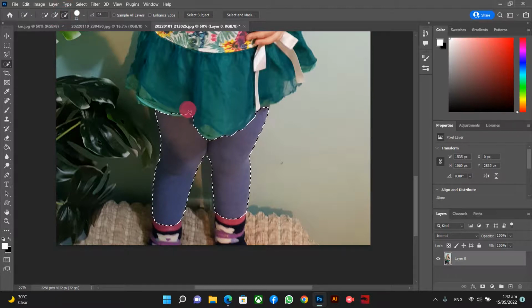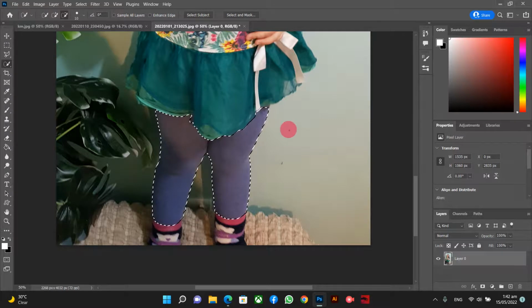Minus sign. I don't want this part to be included. And then right here in the middle. All right, so as I can see, I think it's fine. Some part only here. I want to include some part right there. Okay,